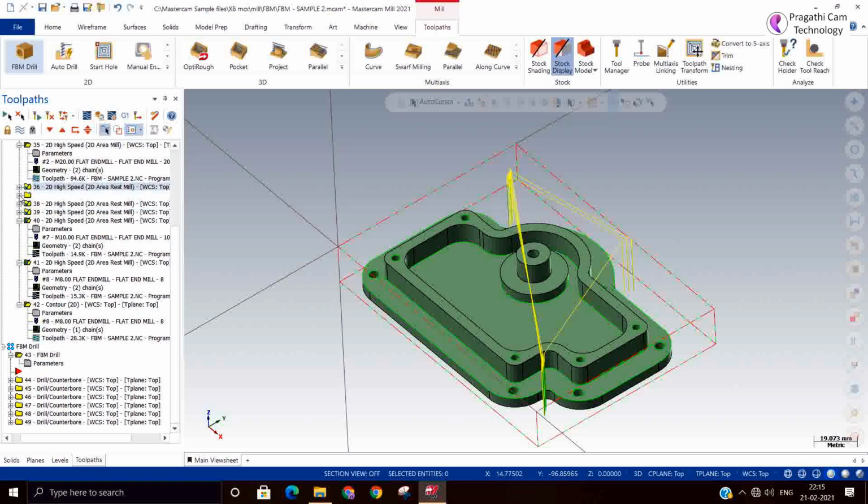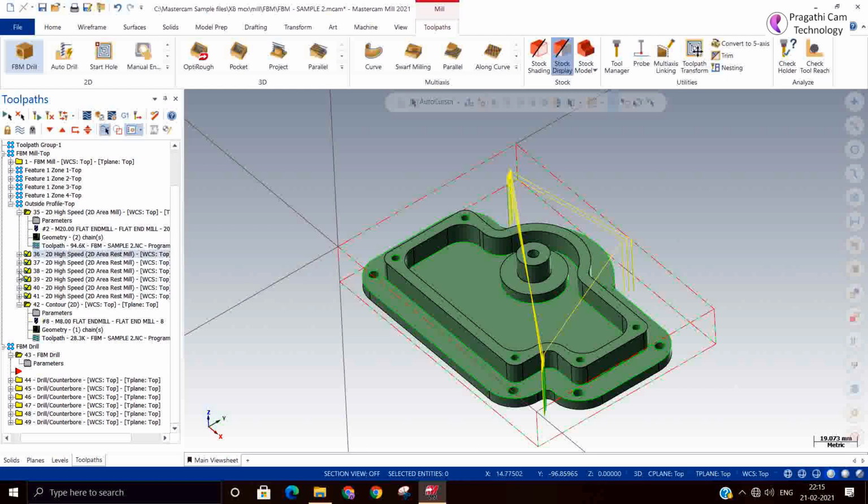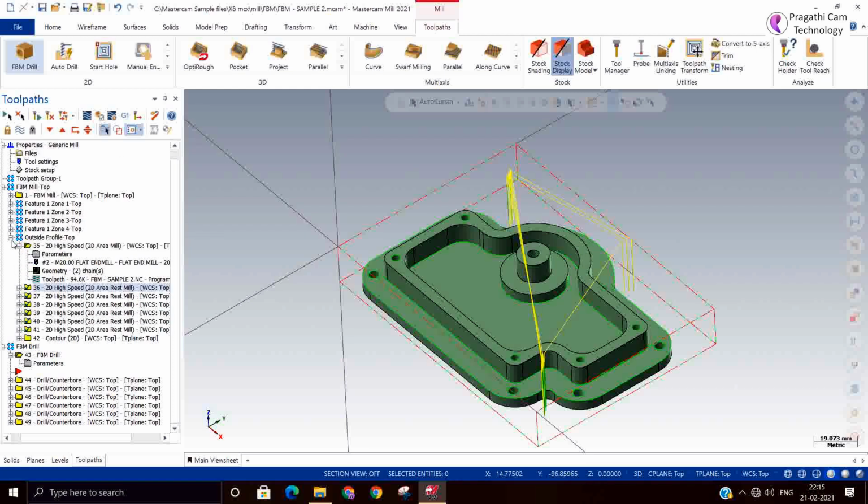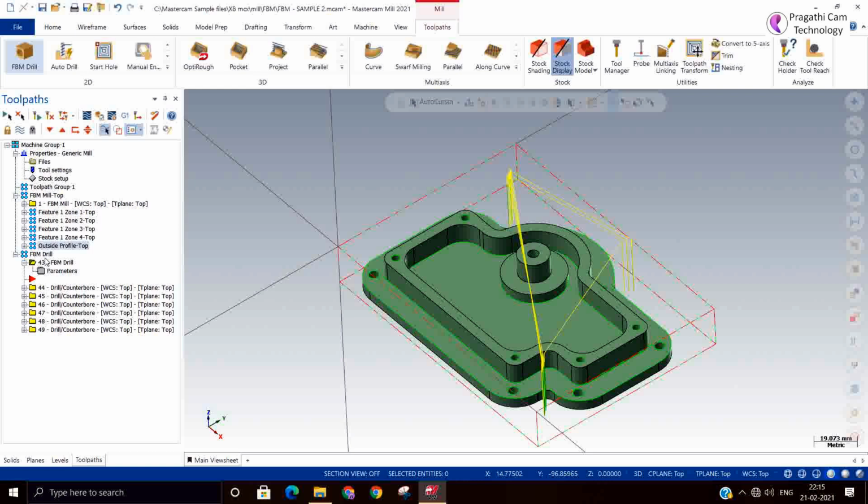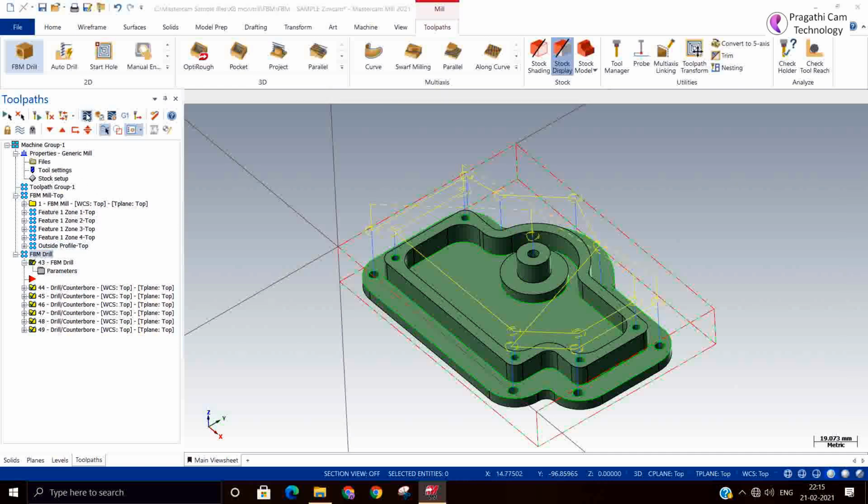Now we will take them combined and simulate and see how it looks. So now we have made both things, feature based milling and feature based drilling, together. So we can select all and verify.